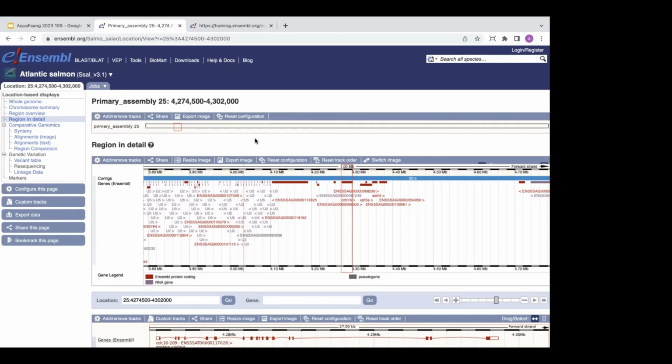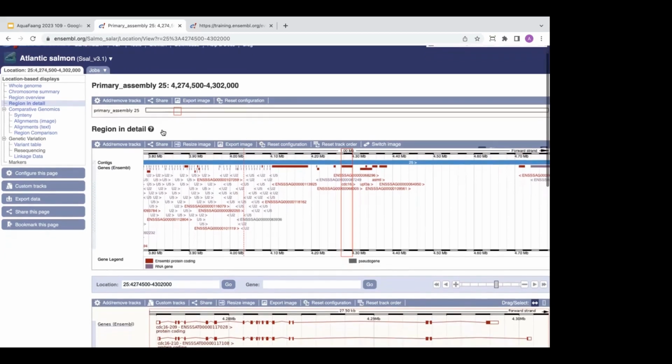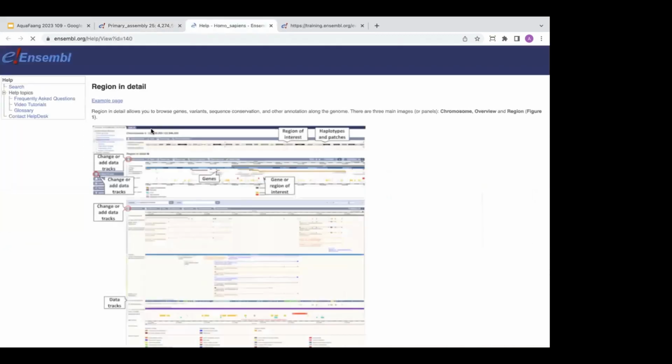The first thing that I would like to bring your attention to is this question mark icon. This question mark icon is available on most pages in Ensembl, and you can click this to find out more information about the features or the things that you see on these pages. So for example, here,